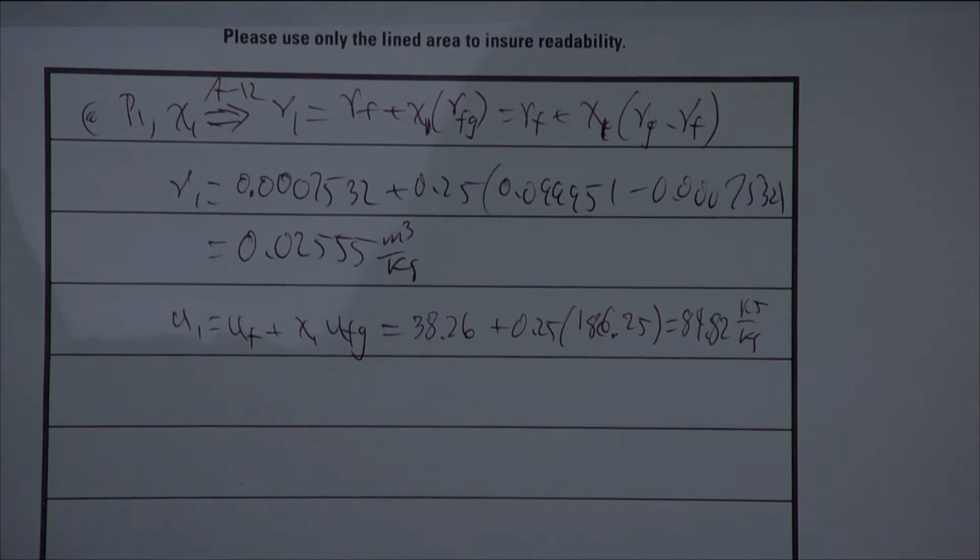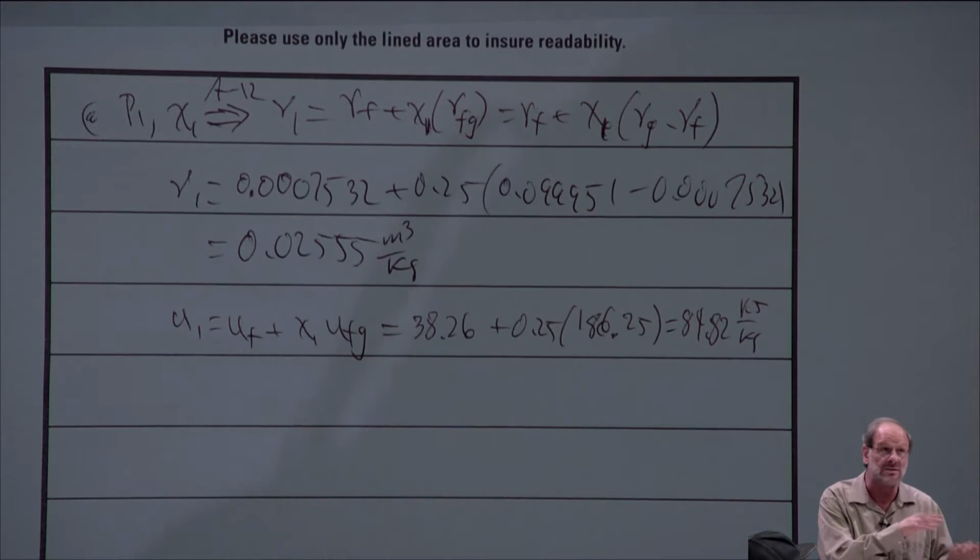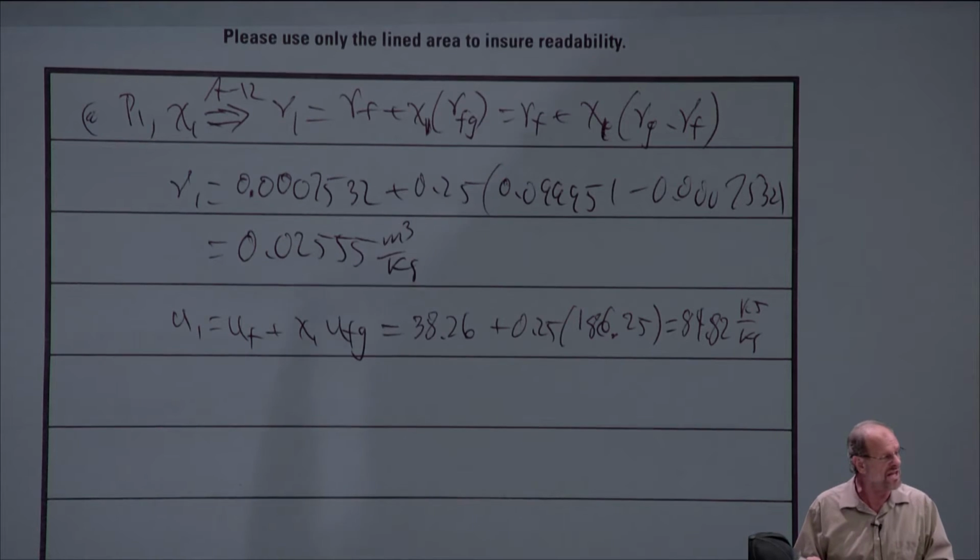By the way, one thing I want to note: sometimes I may have some incorrect numbers in some of the problems I'm solving in class, or even some of the problems I posted on the blackboard or on the board outside my office. Conventions are held every 5 years or so by the international community, and new research is presented, and the tables change. New data becomes available for refrigerants or water or whatever. So periodically, the various governing bodies, usually ASME, will print new property data. If you look at the property tables from the 6th edition of this textbook, which is about 7 or 8 years old now, compared to the 8th edition, the numbers will be slightly different. Not all of them.